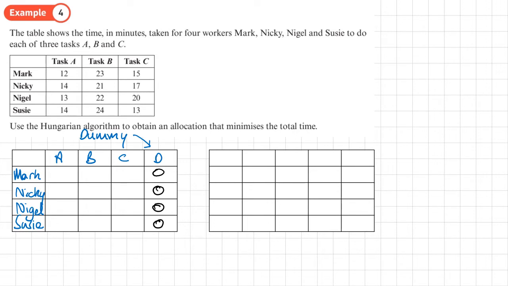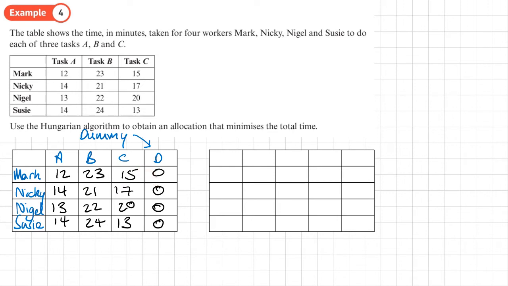And we'll put our other costs in: 12, 23, 15, 14, 21, 17, 13, 22, 20, 14, 24 and 13. And you can see that every row has a 0 in because they're dummy, so we